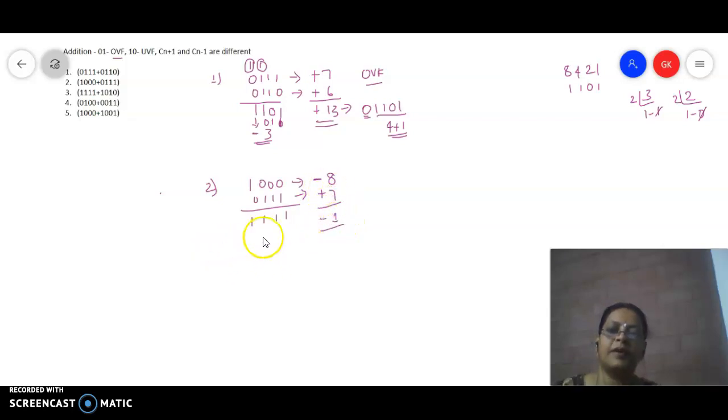Okay, now how will you interpret this answer? 1 is a negative number. So if it is a negative number, the answer is minus. Then you have to take 2's complement of this number. How will you find 2's complement? Till the first one you have to copy as such. The remaining bits you have to invert. So you'll be inverting. So it is nothing but 1. So this is nothing but minus 1. So you have got both the answers the same. Okay. So I think this problem is giving the correct answer.